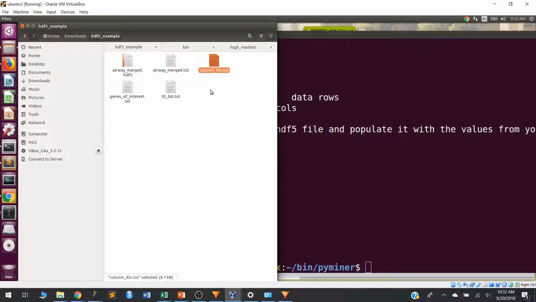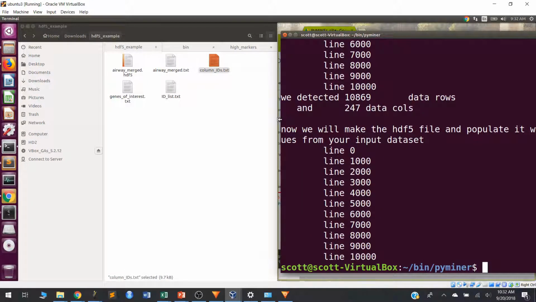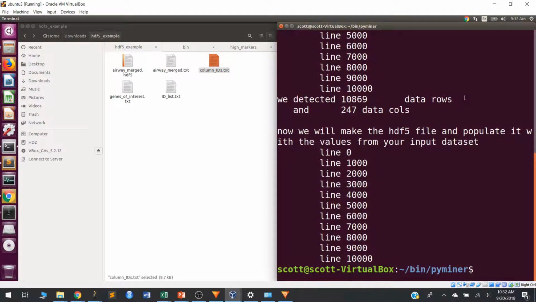So in the case of single cell RNA-seq, this is going to be the cell identifiers that is going to be in a typical data set stored in the first row, where each column corresponds to the ID of the cell. So to run PyMINEr using this file, what we need to do is type